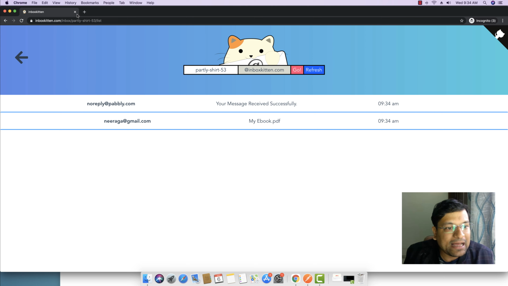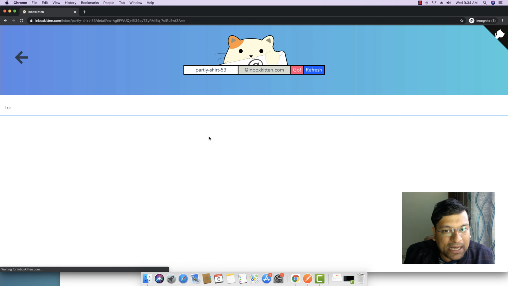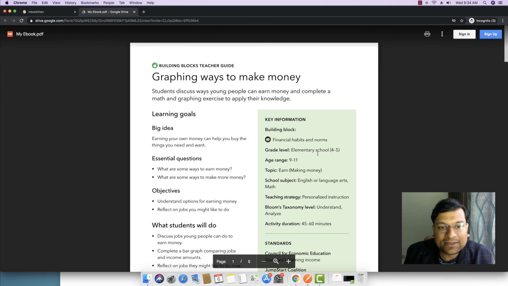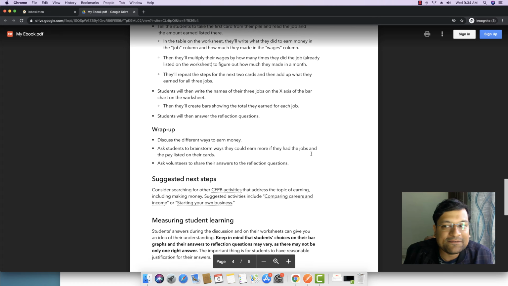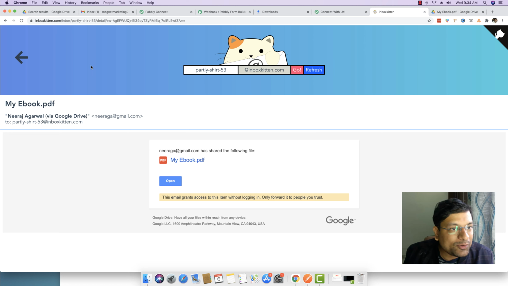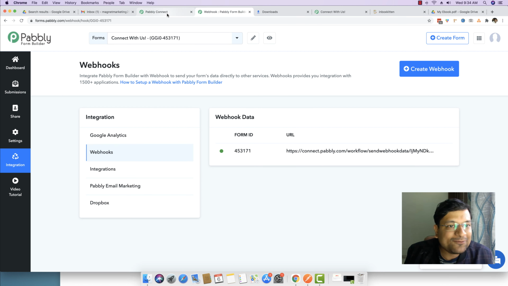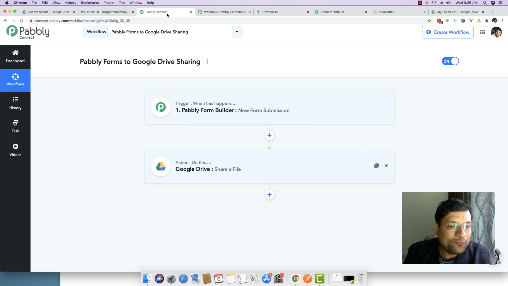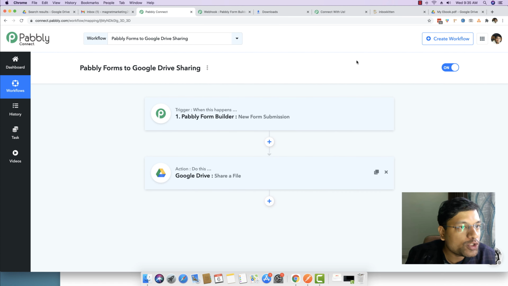So I just opened it up in an incognito window. My ebook, I'm just opening it by clicking the open button right here. And you can see the user is able to access the PDF file as well, even if he does not have a Gmail account. So this concludes the tutorial on how you can create a landing form or a landing page or a web form and can share a file from your Google Drive instantly with the help of Pabbly Connect. I hope you will find this method useful to share your files and give access to your files right away to any account that you really want after a successful lead is captured.